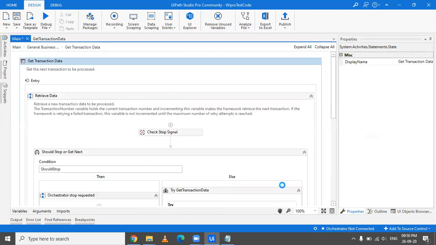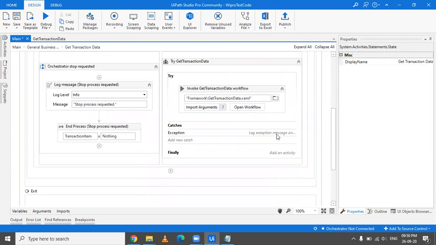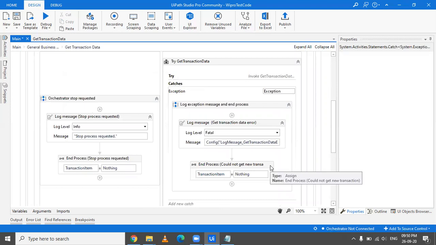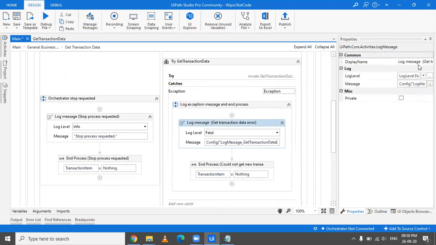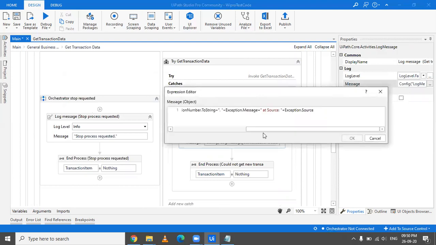What we're doing in the catch block is the same: if there is any error, we make the transaction item nothing, which means end the process. And we are even logging it here, with exception dot message, and this is how you actually log.